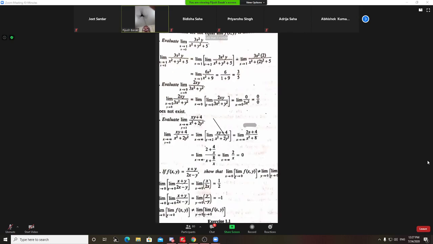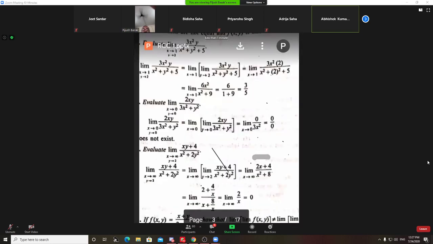This is limit x tends to infinity of 2x plus 4 by x square plus 8. Then limit x tends to infinity, dividing both numerator and denominator by x square, it will come 2 plus 4 by x, and here